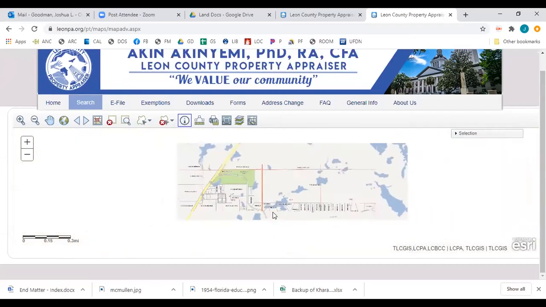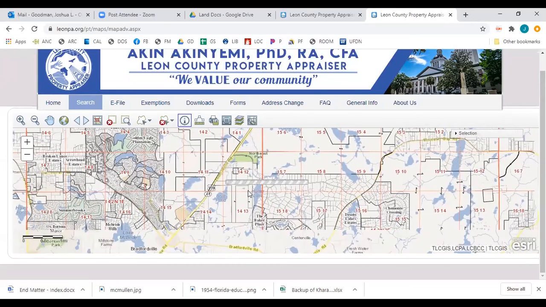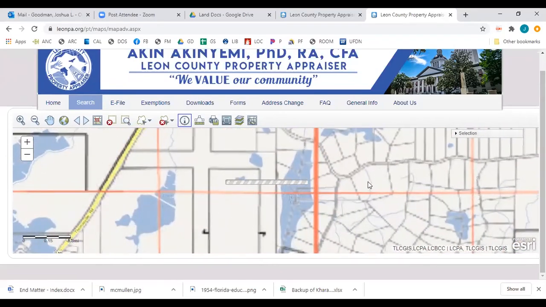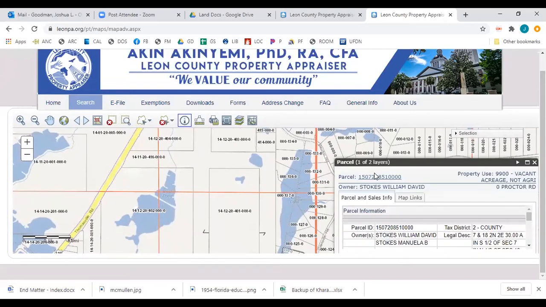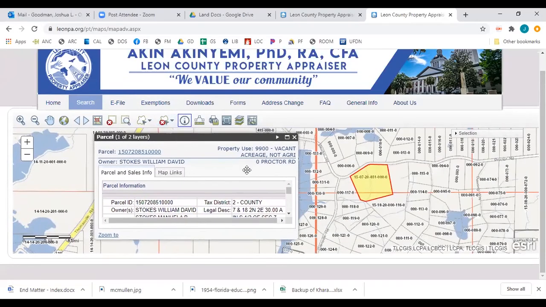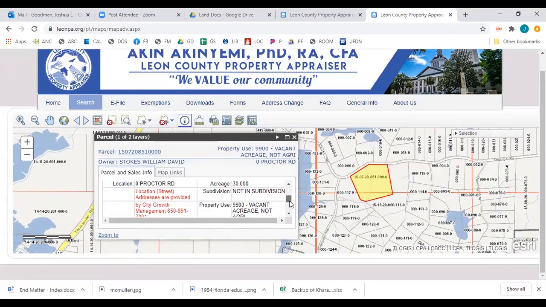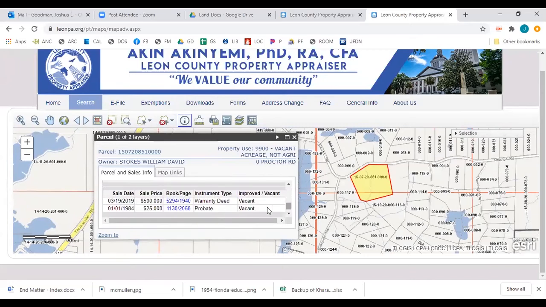However, if I were to look at another piece of property elsewhere, you oftentimes can get sale data on the data. So I'm going to pick something, another little parcel right over here. Let's say that I was looking at that and I wanted to look at the sales information on it. Let's see if they've got any. Yeah, see, here we go.